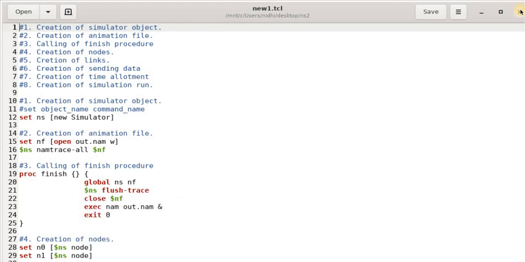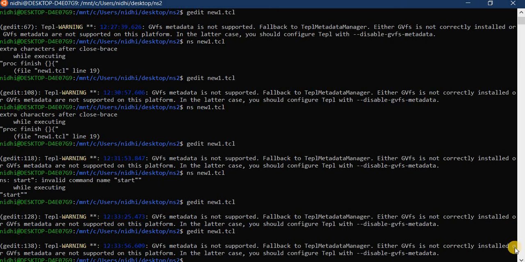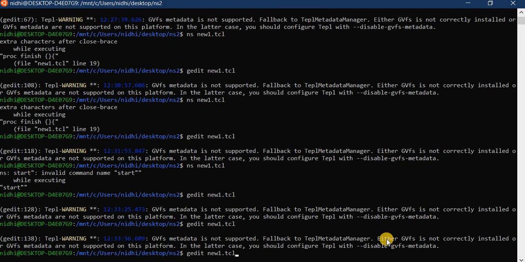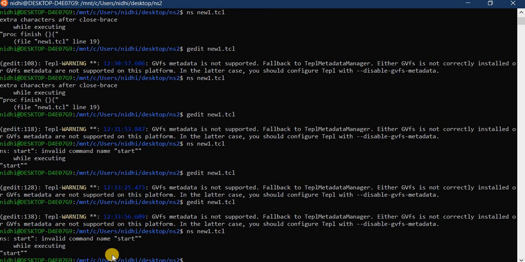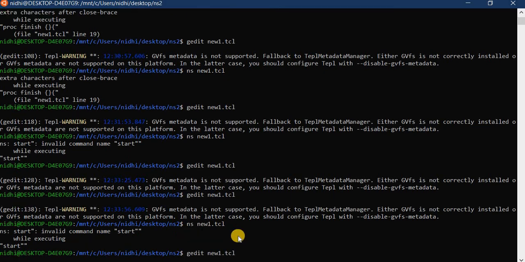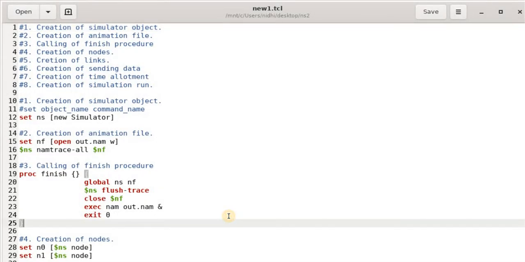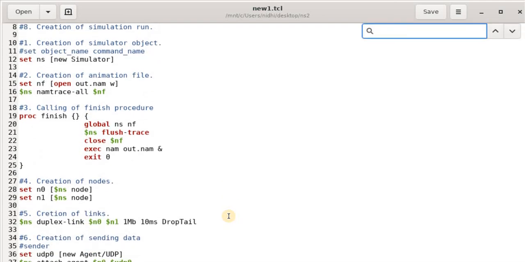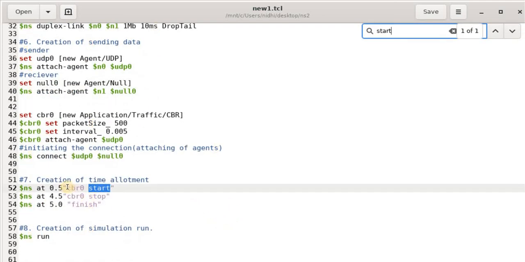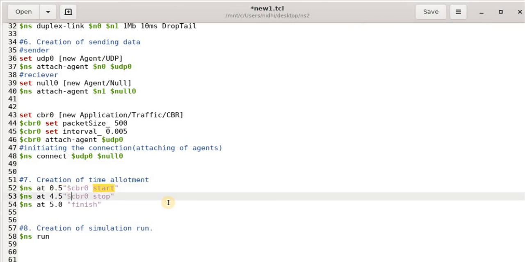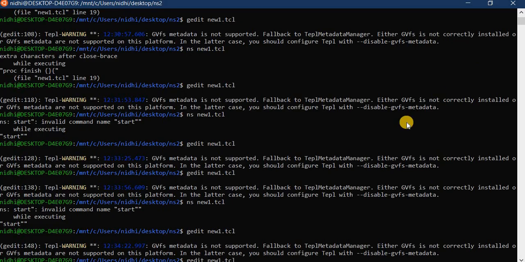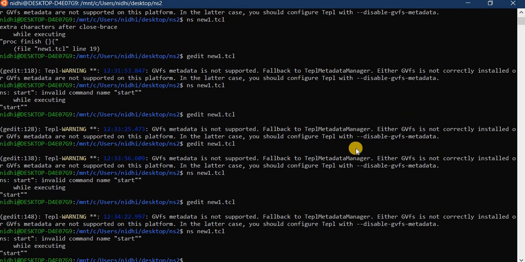So I will close it again and run my command ns new dot tcl. Again an error is occurring: ns invalid command name start while executing start. So where should I write start? Okay, the problem is I am not mentioning the reference, because these are object types. So Control S, close it and run it again.